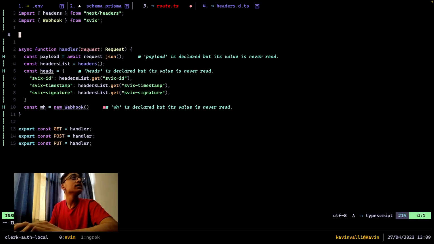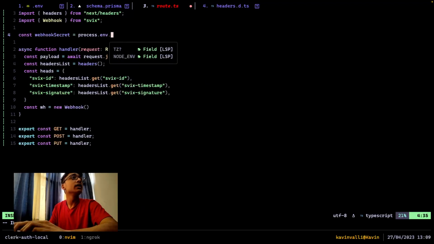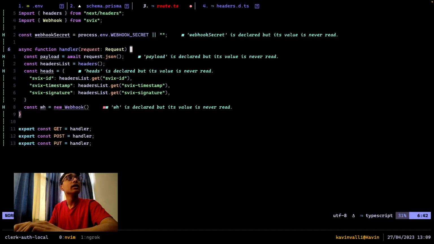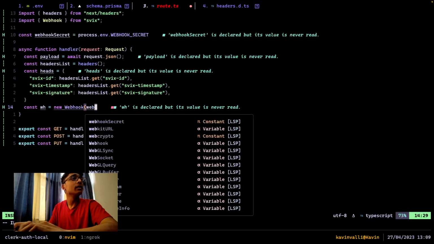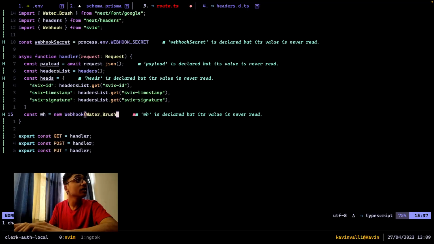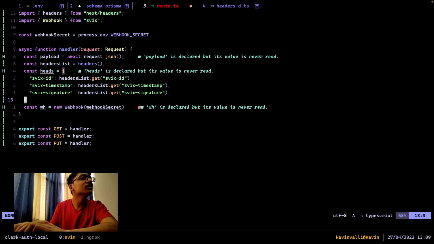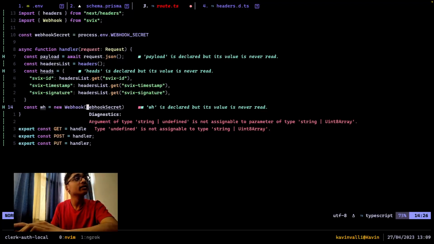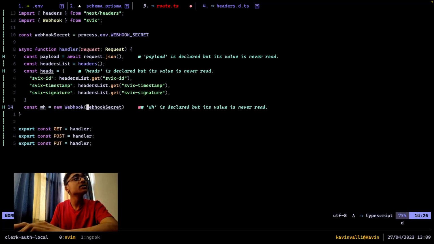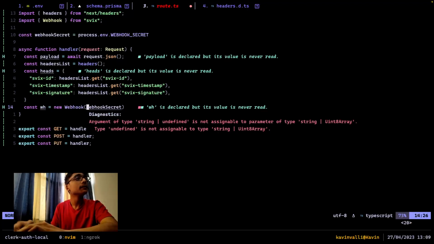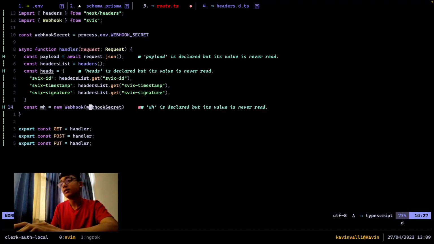So what we can do is write webhook secret is process.env.webhook underscore secret like that, else it is an empty string, because else this will give a TypeScript error. I'll just show you why we did that. If I send webhook secret over here, this will basically give me an error. It says argument of type string undefined is not assignable to parameter